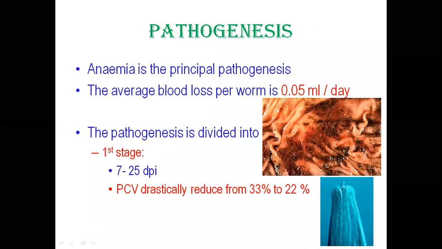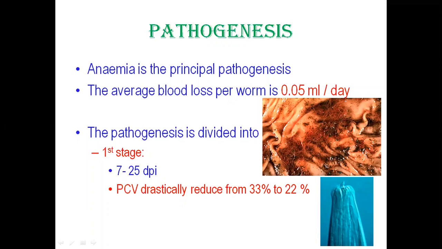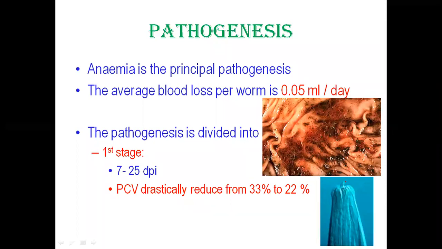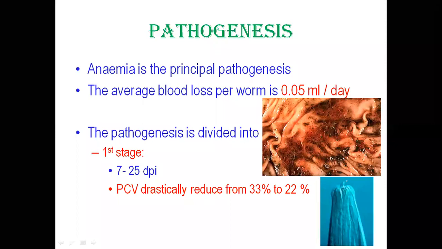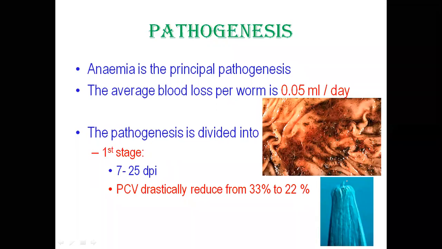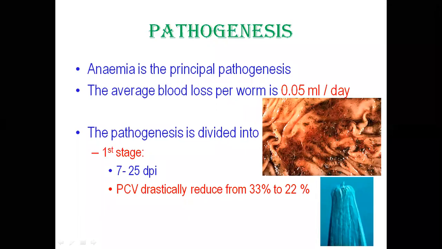Coming to the pathogenesis, the most important one. Understanding the pathogenesis is important. Here, anemic condition is the principal pathogenesis. First and foremost, the first point I'm putting here is that anemia is the principal pathogenesis. You see here, this is the dorsal lancet which is projected out. Due to this, the parasite lacerates, or causes a nick in the abomasal wall. Due to that, a pool of blood will ooze out, so the parasite is drawing that blood